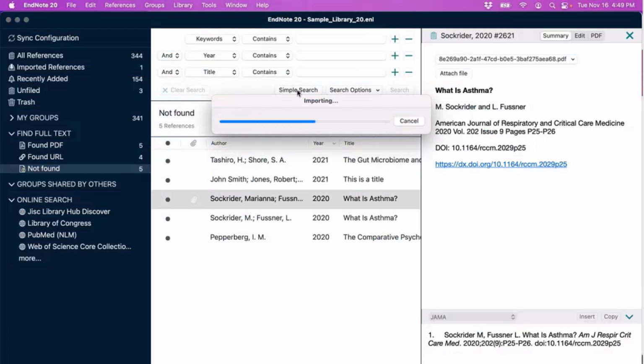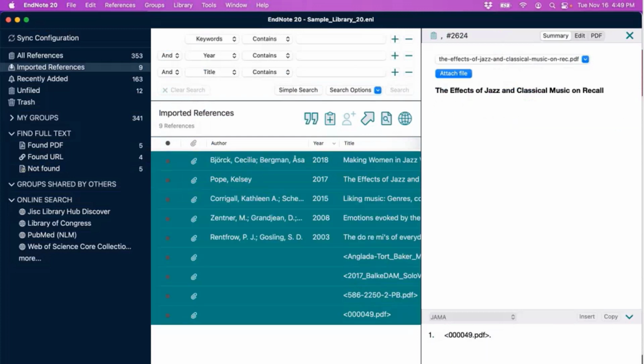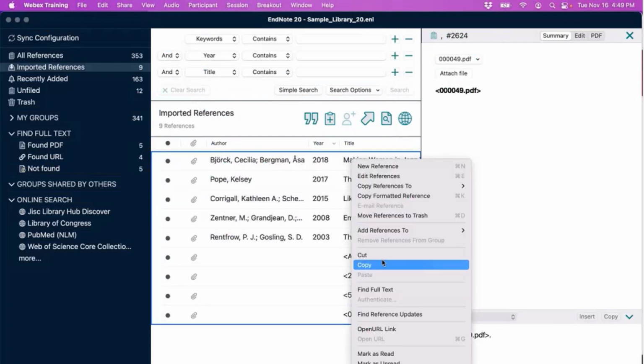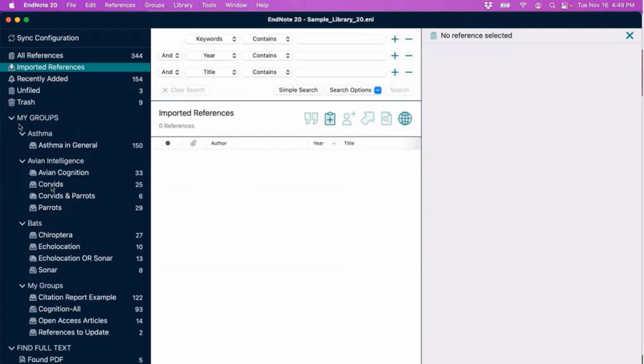I'm sorry, I'm just going to have to go back to that screen once more. On macOS, there's a collapsible panel that we need to adjust. So I'm going to go ahead and delete these references. We're going to do that one more time. And let me delete the, yeah, perfect.